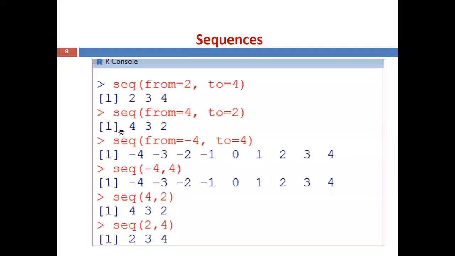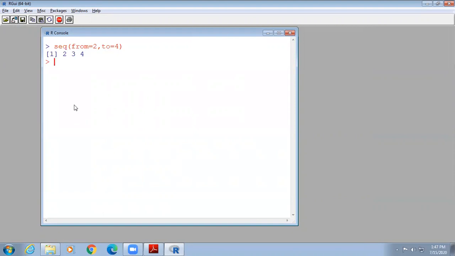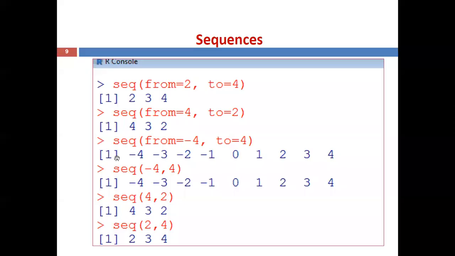Then another example, reverse, 4 to 2. You can recall the previous command and change the values. The from value is 4, then the to value is 2. Here, since it goes from highest to lowest value, it takes a decrement by 1 by default. Now you can see the first starting value is 4, then 4 minus 1 is 3, then 3 minus 1 is 2. So it reaches the end value 2. So this is the sequence generated.